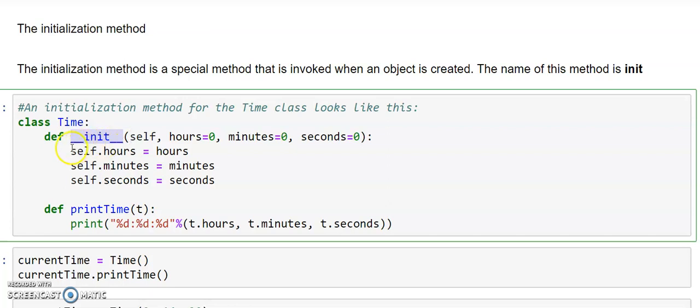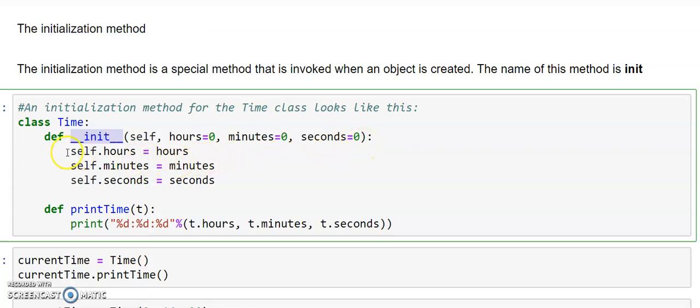Here we have used an example, the class Time. Inside that we have written a constructor, or the initialization method. It accepts different parameters in it. It all depends on the problem you are going to write. Here we are working with a time object, so we are passing the object of type time, and the values to be initialized for the different attributes of the object which we are creating.